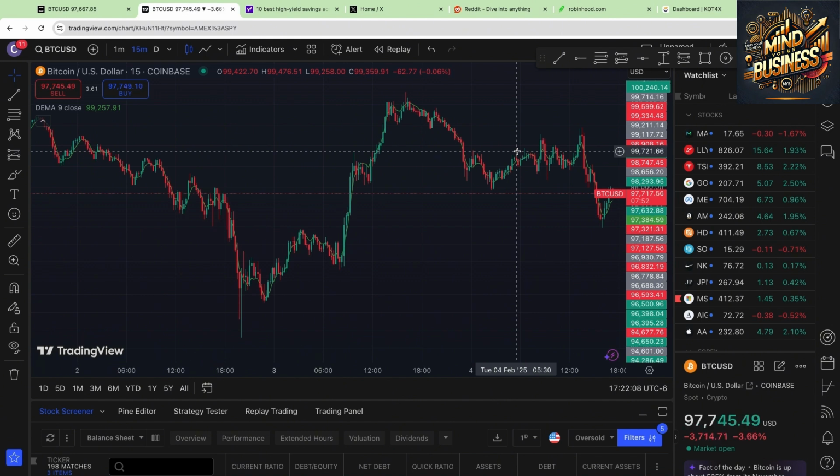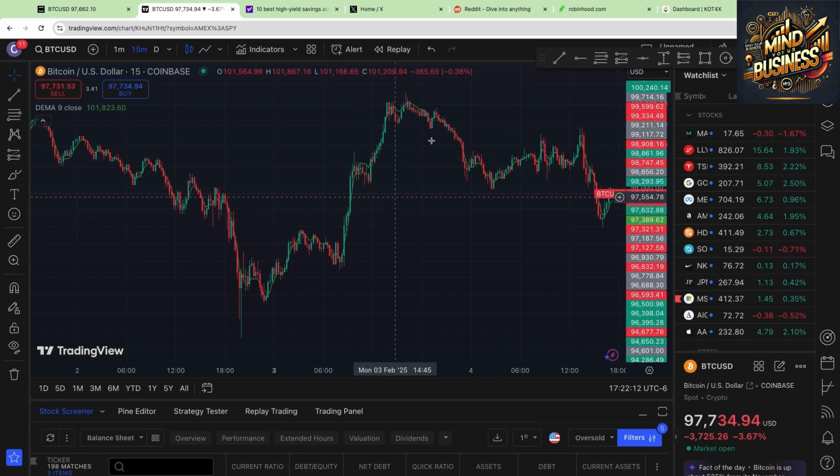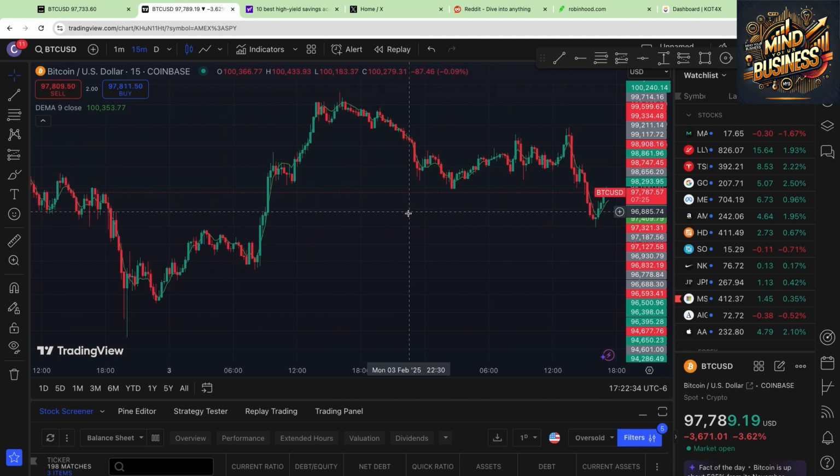So the first one we're going to talk about is what is a supply and demand zone. A supply zone is any area where selling pressure is high, leading to price declining. A demand zone is an area where buying pressure is high, leading to price increasing. All of these zones, guys, are where institutional traders on the large market are waiting to enter the trade. So for example, to identify your supply and demand zone, you look for the trend, where the trend is